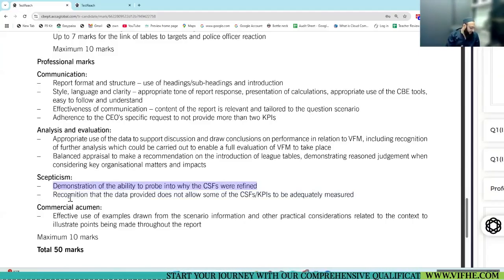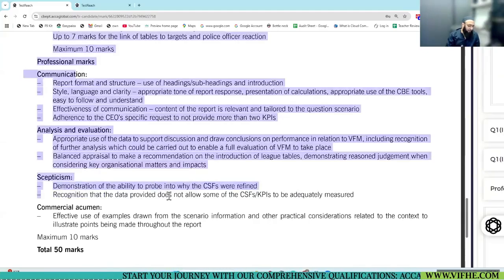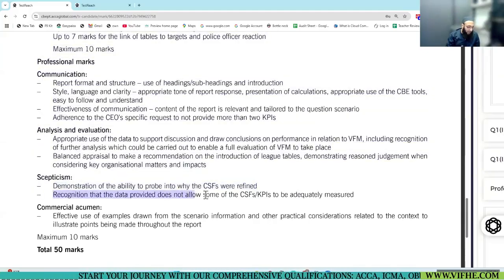Done. Next, recognition that data provided does not allow some of the CSFs and KPIs to be adequately measured. You are getting marks for mentioning that we cannot work out all the CSFs and KPIs because data was not available. For this simple statement, you're getting marks because you are skeptical.